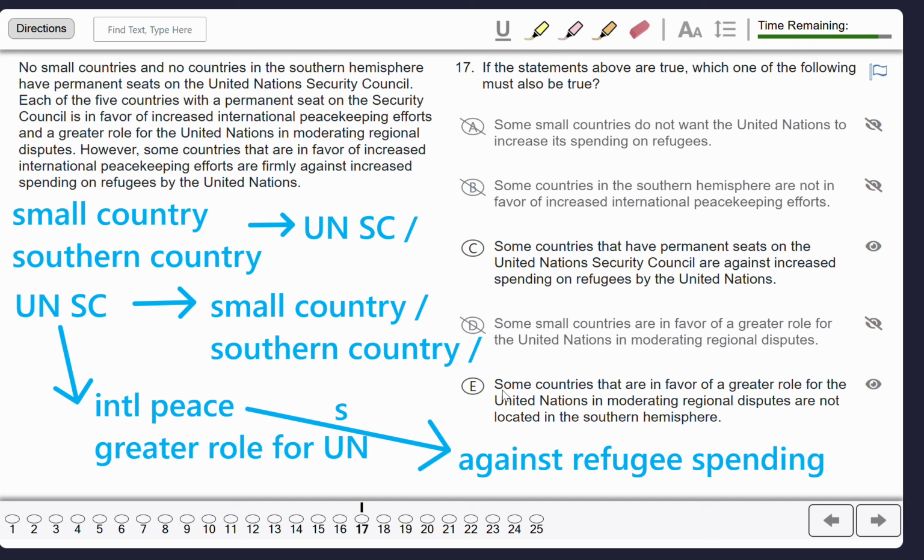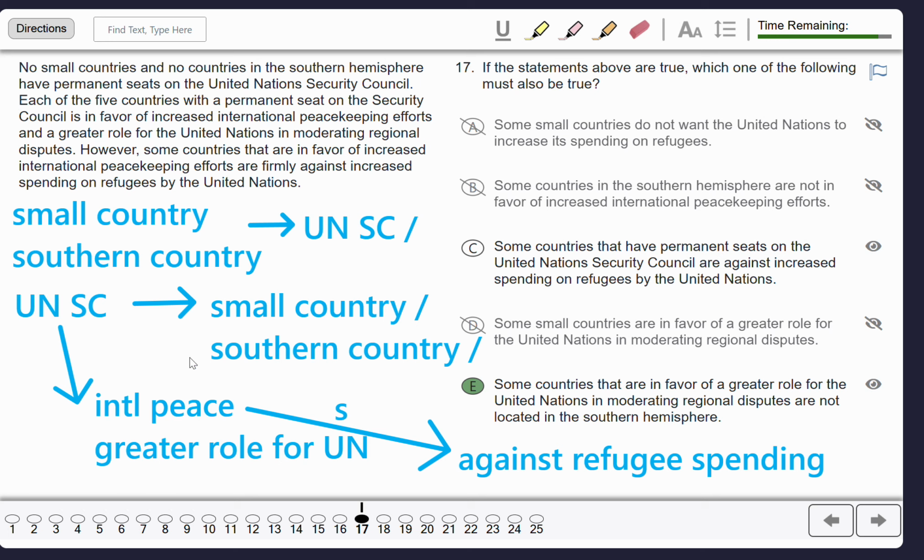So some countries, which countries? Well, at least these permanent members of the UN Security Council. This must be true. This must be true. And I can tell from my diagram that it must be true. Great. So, under time pressure here now, under real-time testing conditions, if you are sure it's E, do